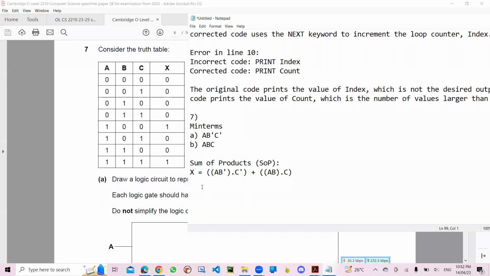I'm sure that you people will be able to draw that circuit yourself. Okay, so now this dot means AND gate. There is nothing between these two, it is AND gate as well. This plus means OR gate, so you will be able to do that yourself easily. So this is very simple. If you are given a truth table and you are asked to